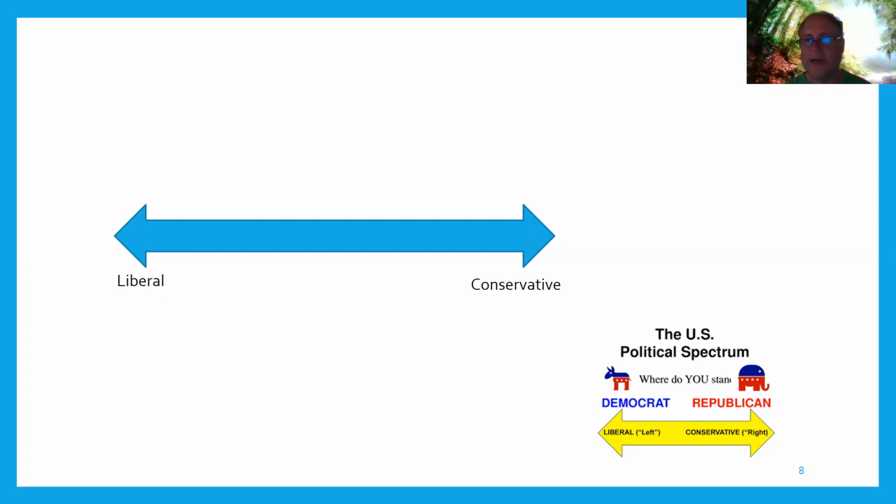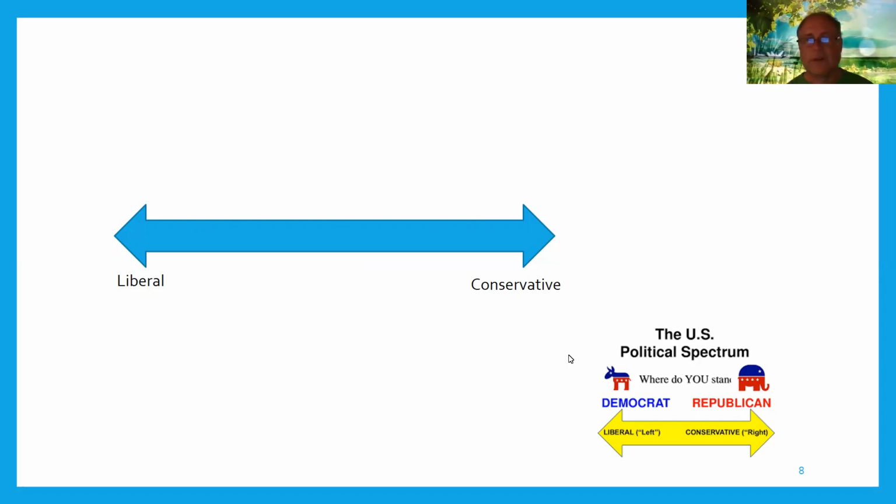And so in the US, we have two major political parties: the Democrats and the Republicans. In the bottom right-hand side of your screen, you can see that Democrats tend to lean left or tend to be liberal, whereas Republicans tend to lean right or tend to be conservative. That does not mean that you can't have a liberal Republican or even a conservative Democrat. If you look at the continuum, again, it is a continuum, so people can fit anywhere on this continuum. If we broke the continuum right down the middle and said that this is the center or someone who's centrist, again, people can be anywhere along this continuum.